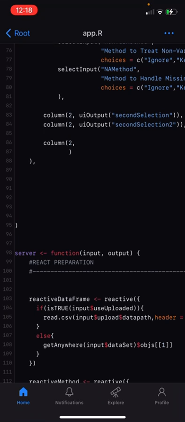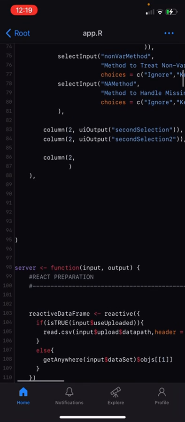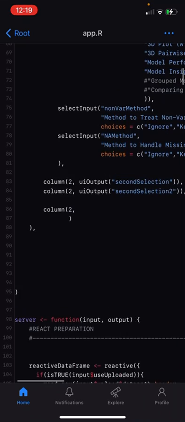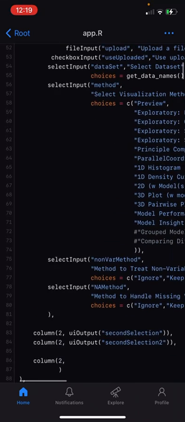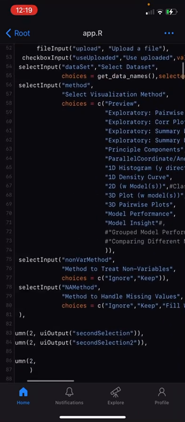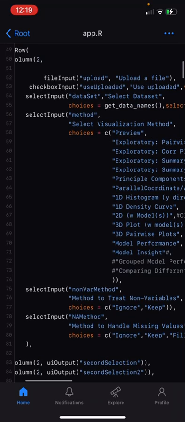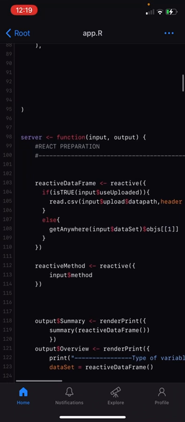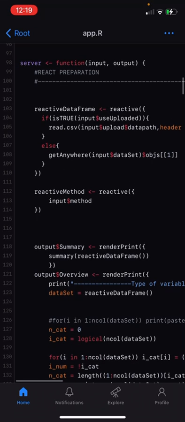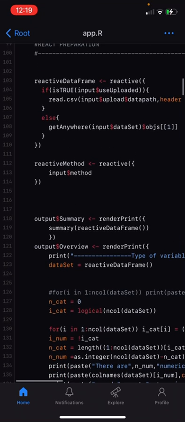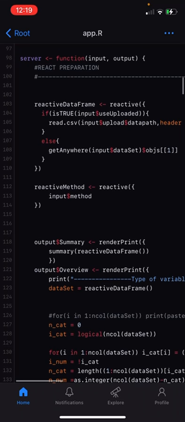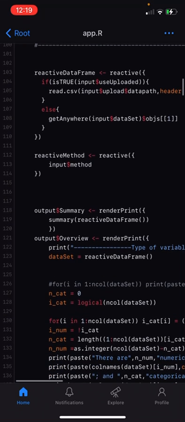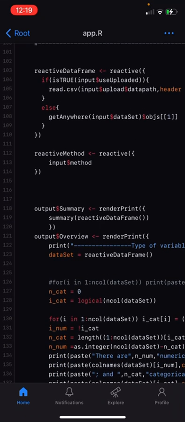This is why we have an entire UI output which is reactive to the input logic. So you can see it enables you to include upload file and tune different variables here. Now the server function has different reactive objects. As you see, reactive data frame is a reactive data frame, which is